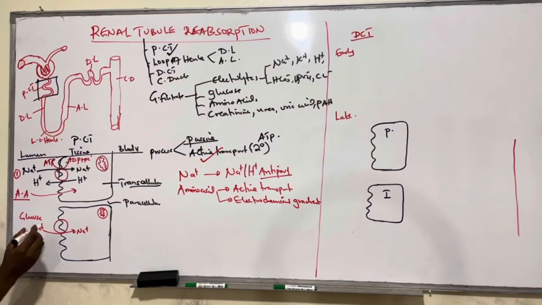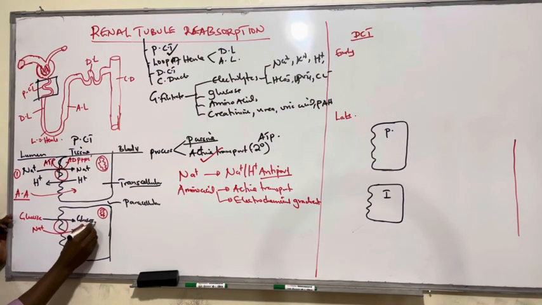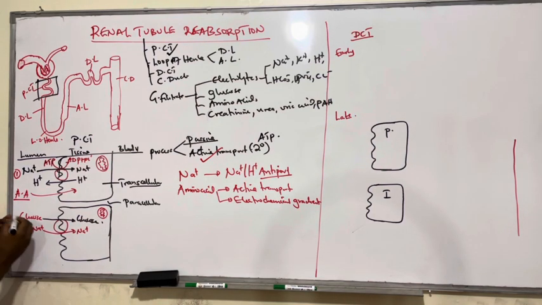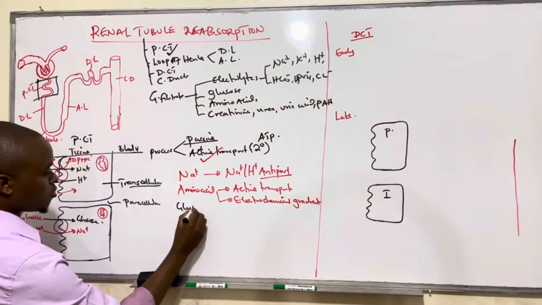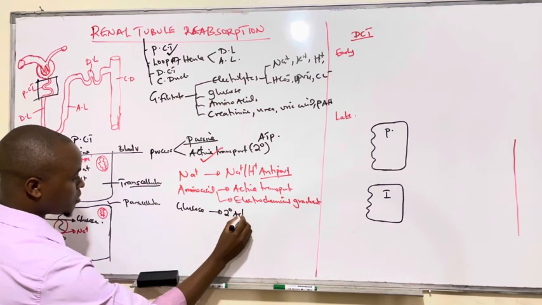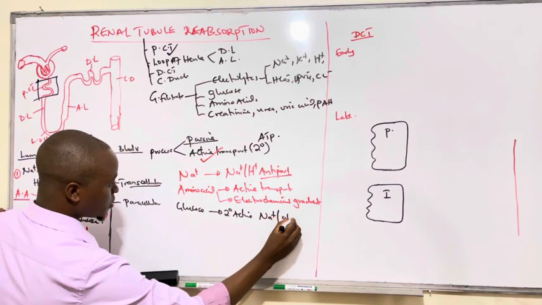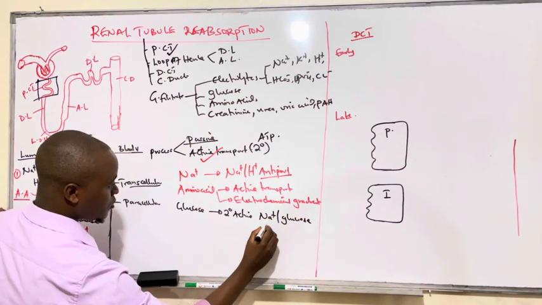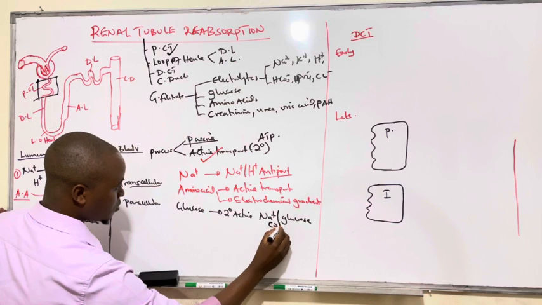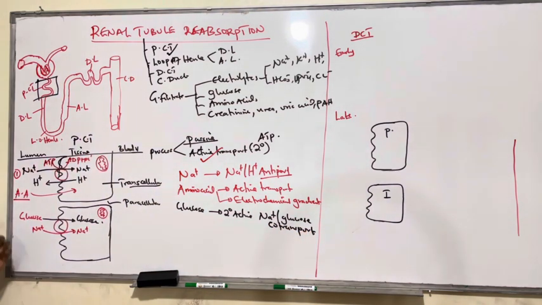It jumps on it, and they move together into the tubules. So the mechanism of absorption of glucose is also a secondary active transport, whereby glucose is reabsorbed by a secondary active transport known as sodium-glucose co-transport,